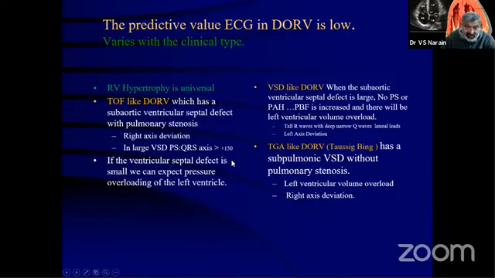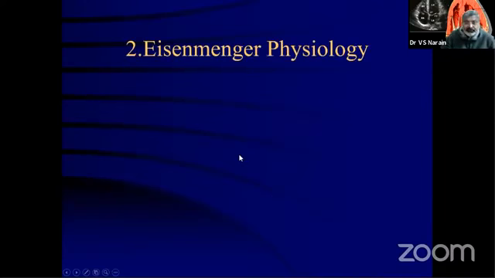If on the other hand, you have a VSD which is smaller than the large one, there will be pressure overload of the left ventricle, and you will also expect a tall R wave and some degree of left axis. So a wide variation can be had in the ECG, and that is why we say the predictive value of ECG is low. But these are some things which can be helpful to you.